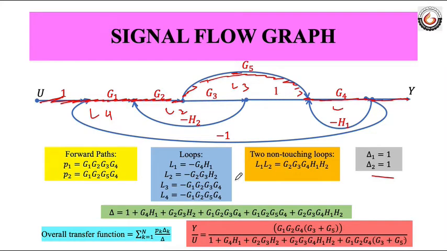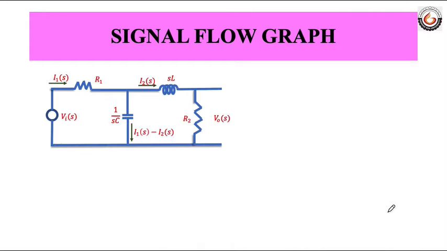And now for the last problem of this lecture, we will try to find out a signal flow graph from a network directly. So we were told that apart from finding out block diagram, we can also find out signal flow graph from the network equation. Then this is what we will try to do in the next problem. So I will take a network with some RLC components. Okay, so this is the network that I am taking.